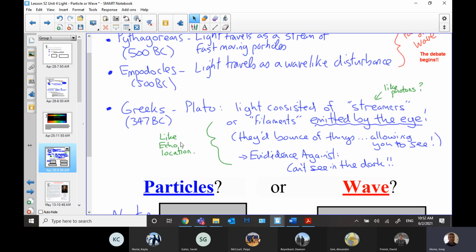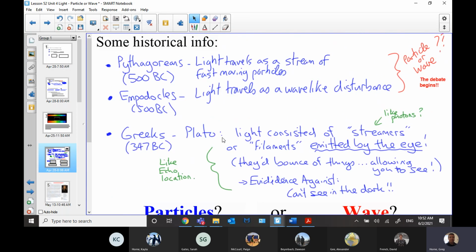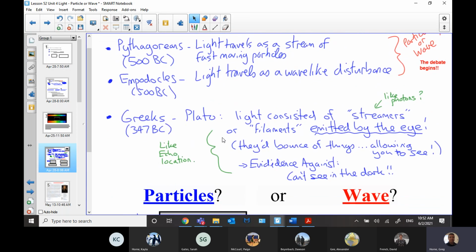And of course, like echolocation, dolphins send out a little pulse and can see, in quotes, but it's quite literally true, right? Dolphins can see using sound, whereas we see using another kind of physical phenomenon, which is light. Anyways, the evidence against that model from back in the day with the Greeks was, of course, that you can't see in the dark, right? So why aren't your streamers working when it's dark? It's independent of the human eye, of course. So that's the more historical account of this, but it did start a long time ago.